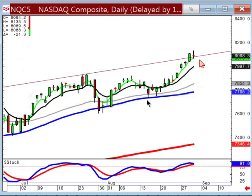So that is the reason why we were saying be a little bit diligent today, because things have been going up. Things don't always go straight up. There's usually some point where people want to start taking profits. So what I'm going to do tonight is go through the aspects of when to take profits,